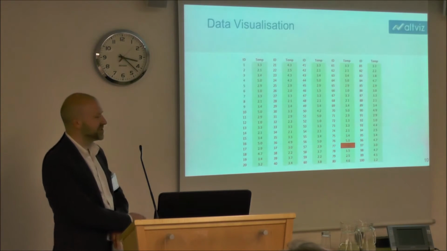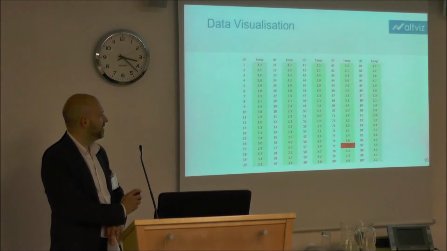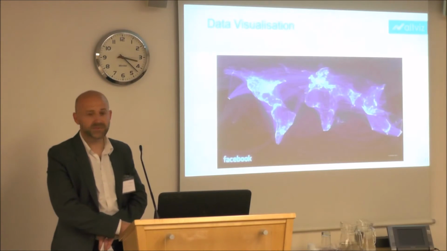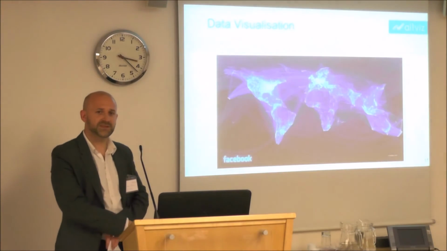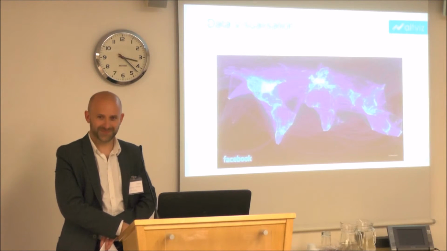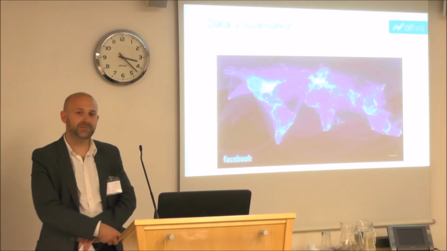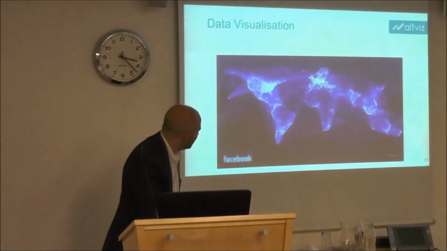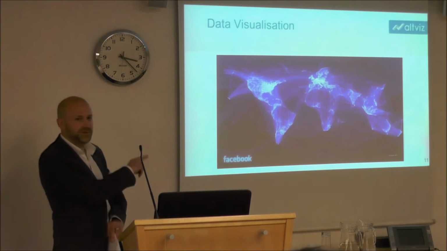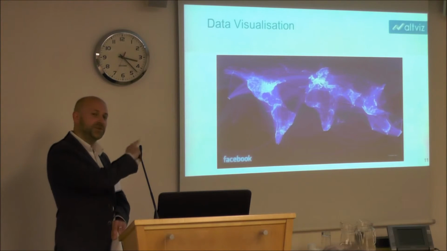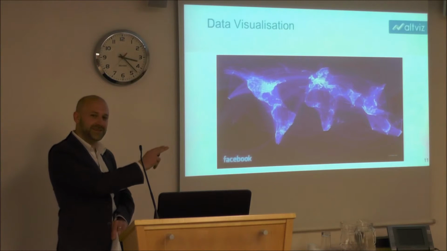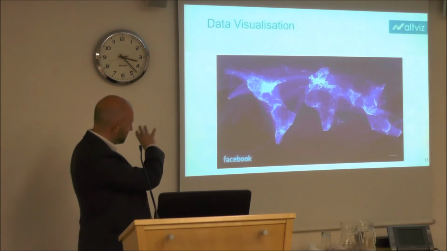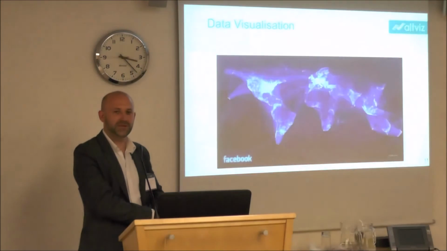And data visualisation also allows us to capture vast amounts of data. So we saw the graph this morning with flight paths. This is something very similar, but this is Facebook friendship networks. From 500 million Facebook users, this was done by one of their interns. I think I'm right in saying there's no geographic information there. The outlines of the countries come purely from the lines of data. We have this beautiful visualisation where, the same as the flight paths, the brighter the colour, the more connections.